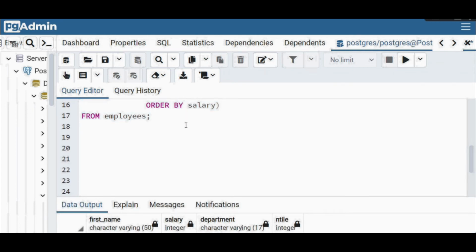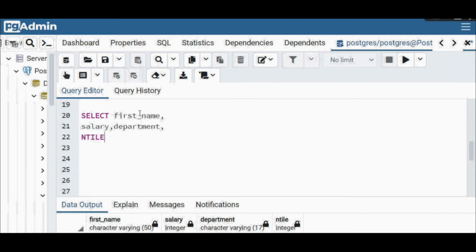Then this will be followed up by our second question. So our second question is we want to group the same employees data into 3 groups. So I believe that will be easy, but now with the salary in descending order, or rather ascending order. So what do you need? You need to select the first name, then we need to select their salary, and we need to select their department, then ensure we have a comma,